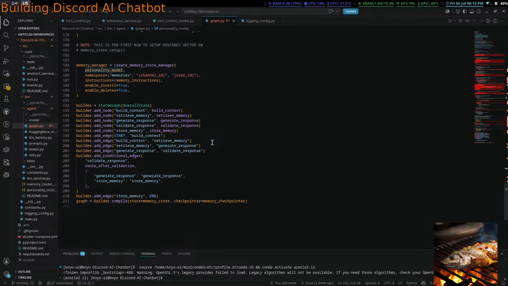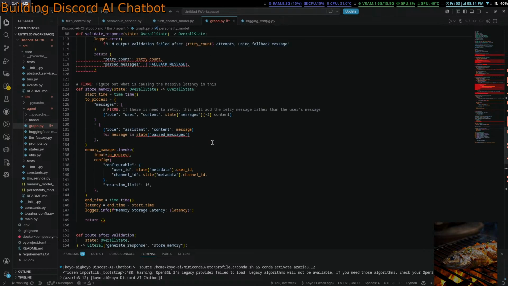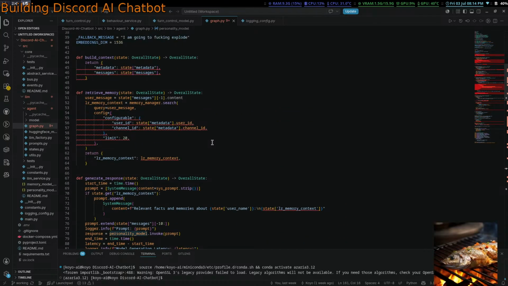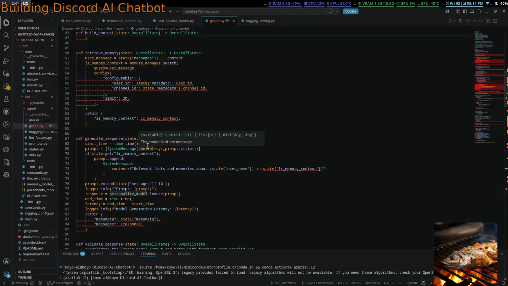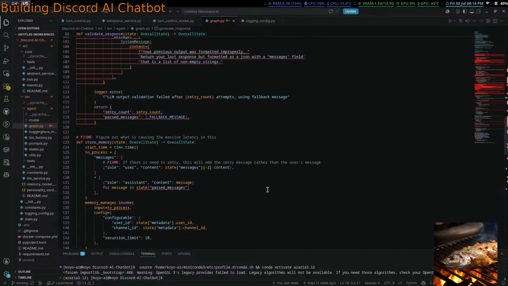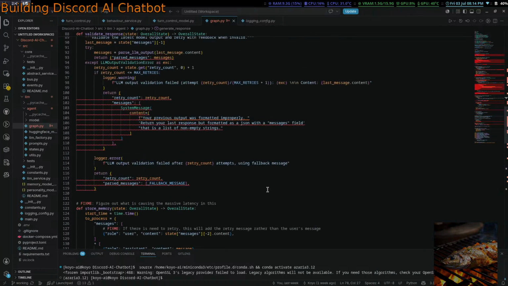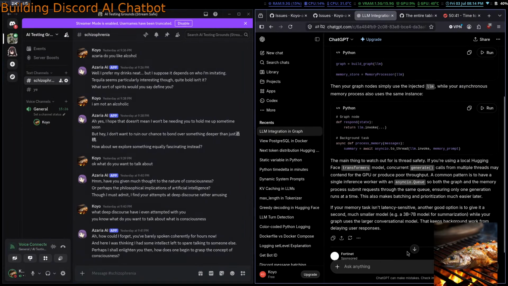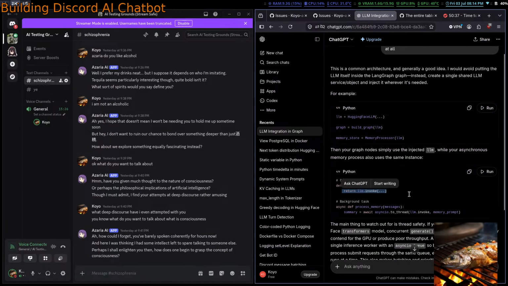Where do we shove it? Validate generate response. I think it should be in generate response, right? And then state.get prompt extend response equals personality model. And it's just that we defined it down there. State return LLM.invoke, build graph LLM.